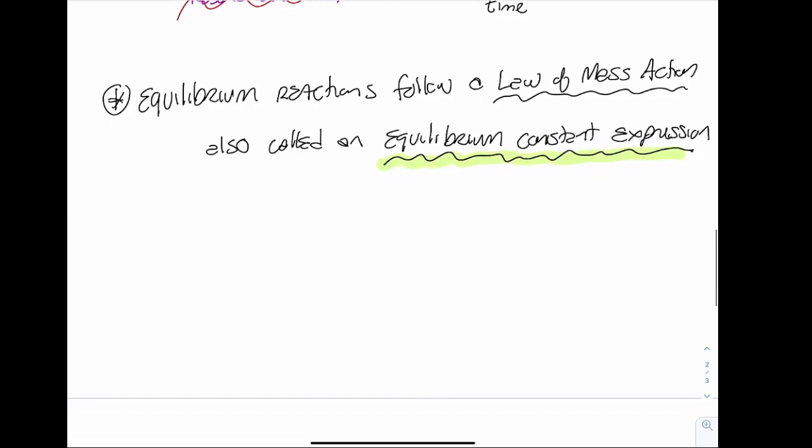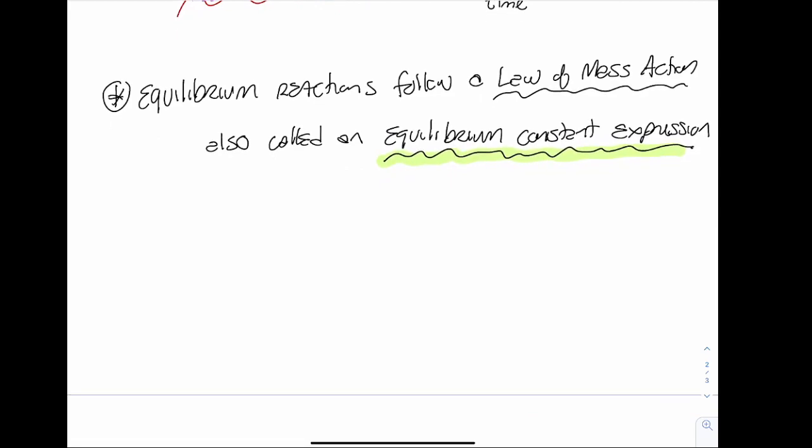So I do want to show you where it's coming from. So I'm going to look at a generic reaction. So I'm going to have a moles of A plus b moles of B, forming c moles of C plus d moles of D. This is a reversible reaction, so I can have C and D going back to A and B. I'm going to write my rate laws for these. So in the forward direction, so I'm going to put an F here for forward, my rate law, lowercase k,